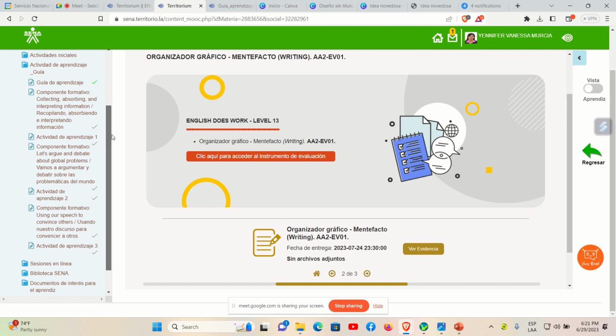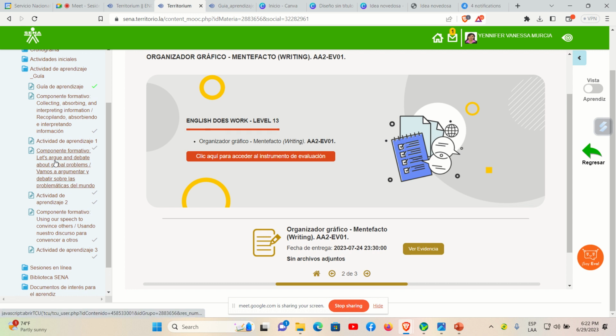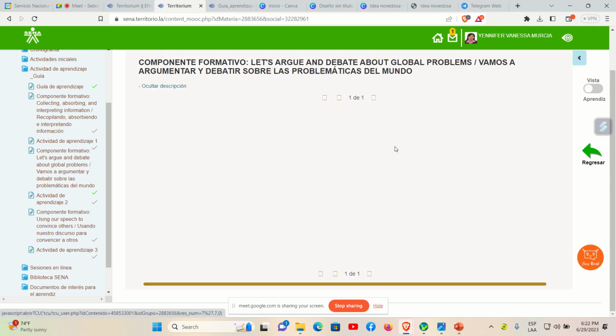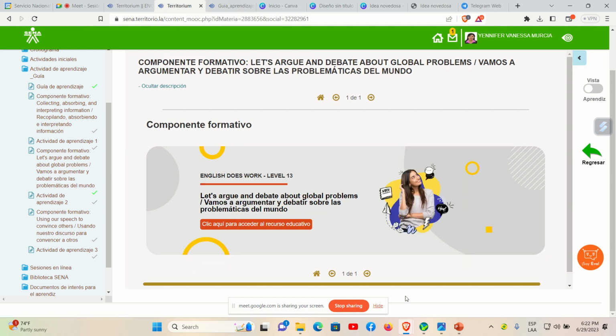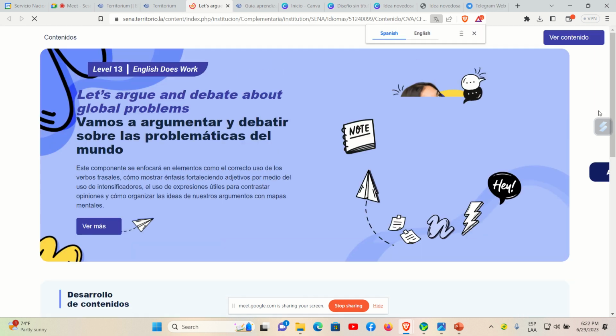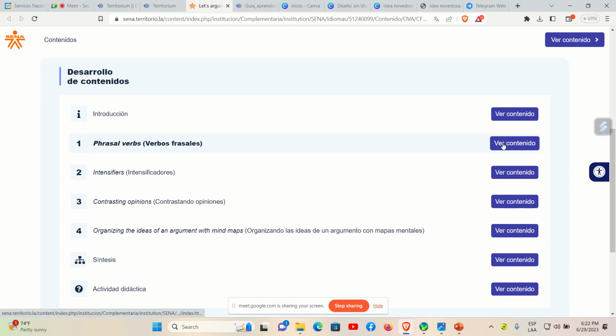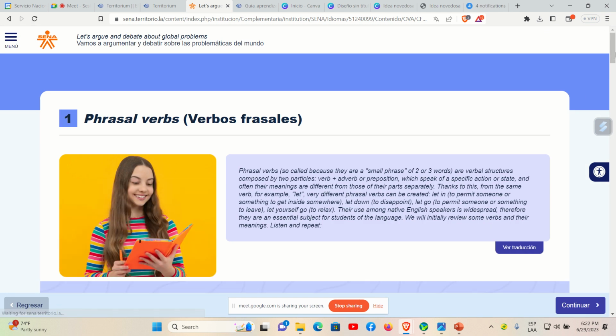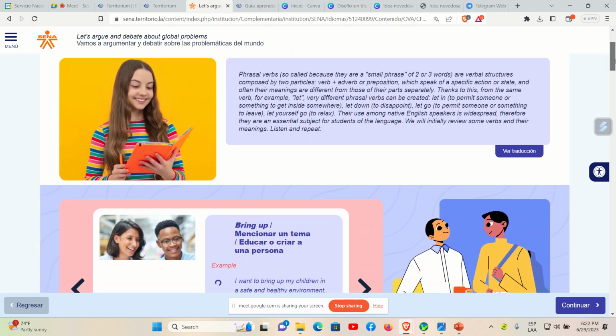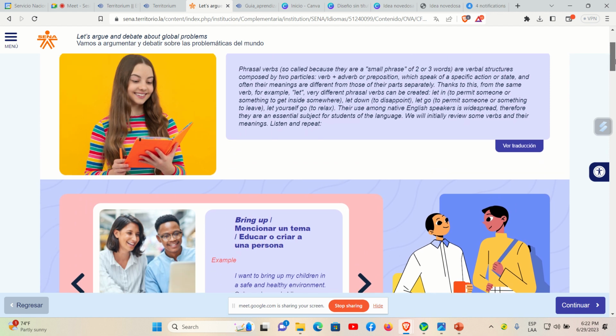Entonces vamos a ir acá al componente formativo. Se llama Let's Argue and Debate about Global Problems. Vamos al recurso educativo. Aquí hay unos ejercicios que me parecen muy chéveres. Entonces vamos a phrasal verbs. Recordemos que tenemos que utilizar verbos frasales y aquí hay unos verbos bien interesantes para nuestro